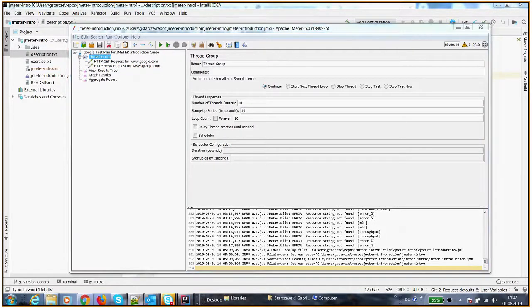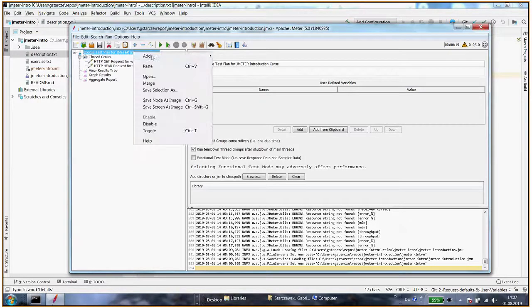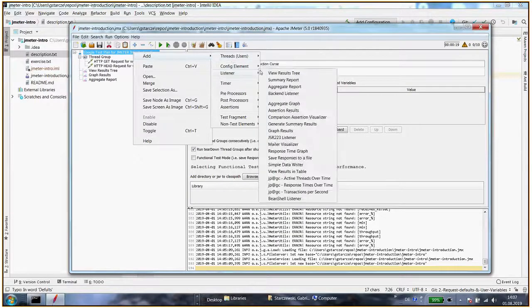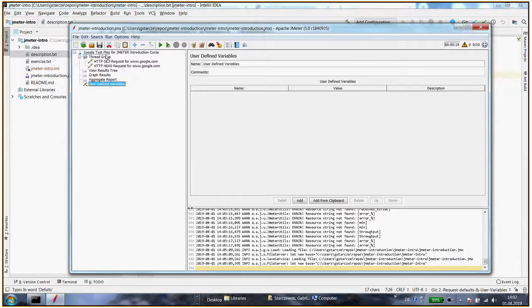Now, as we did it, we can add user-defined variables. And you do it like that. Add config element and user-defined variables. What are user-defined variables? Well, as the name suggests, these are variables. Like in any programming language, you can define variables here and then they are available for you in the rest of the plan. Except for variables, in JMeter we also have